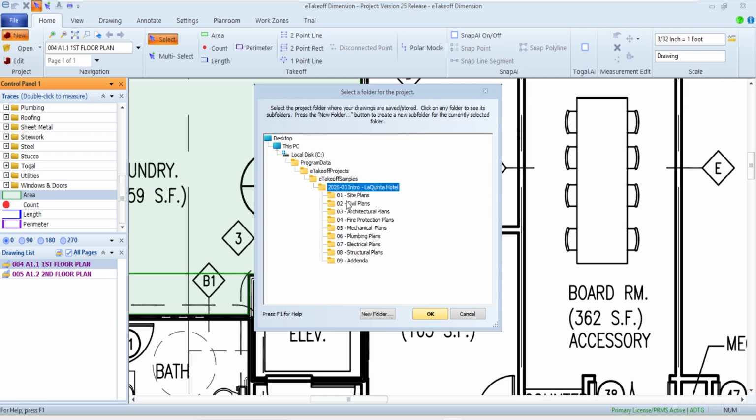So this project has multiple folders in it. A lot of people might have one folder with many files. Some people might have one file with many pages. Some people might have them broken off into different folders also, like we see here. Doesn't really matter. When I pick this folder, it's going to do a couple things for me.